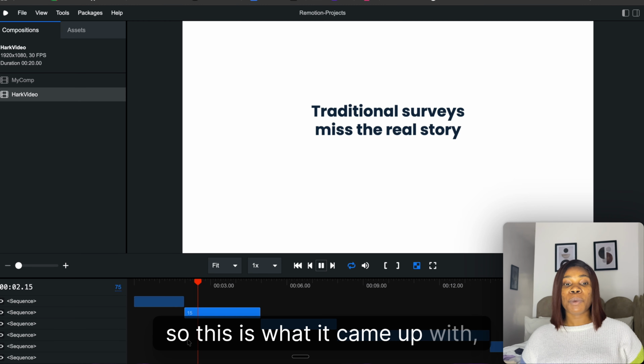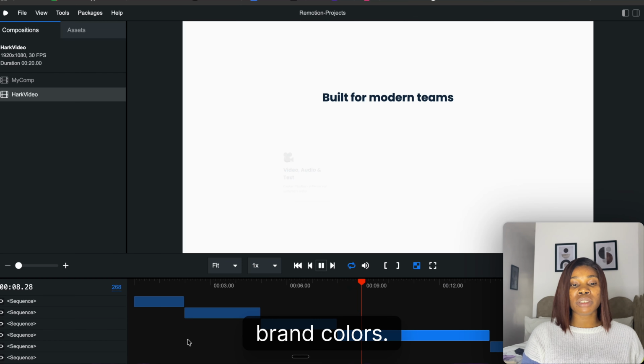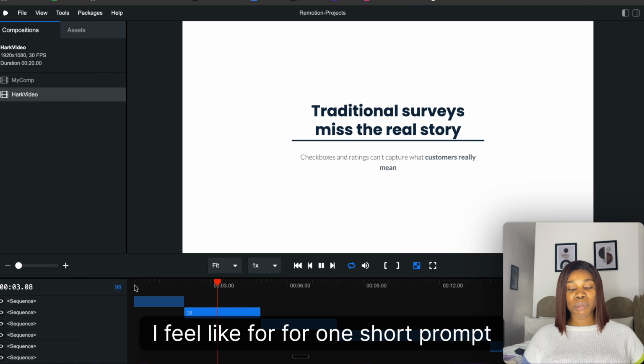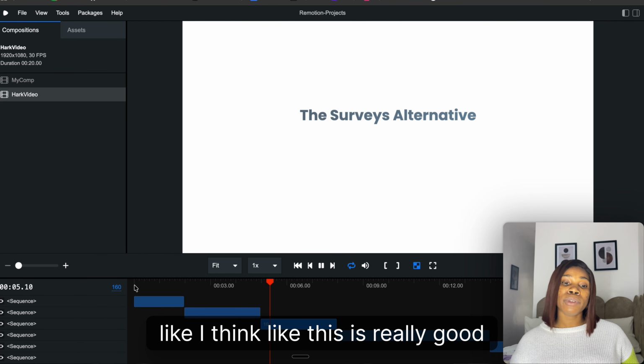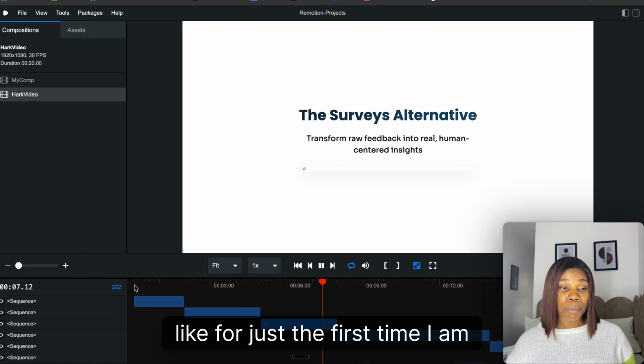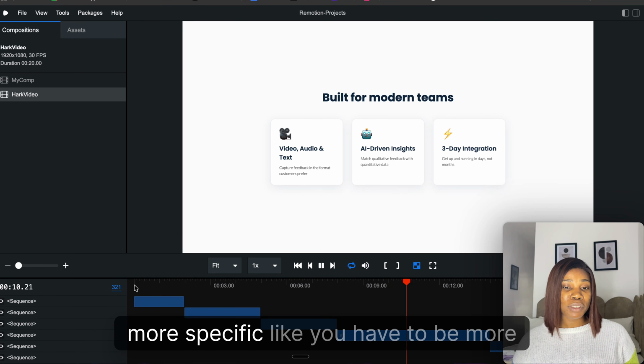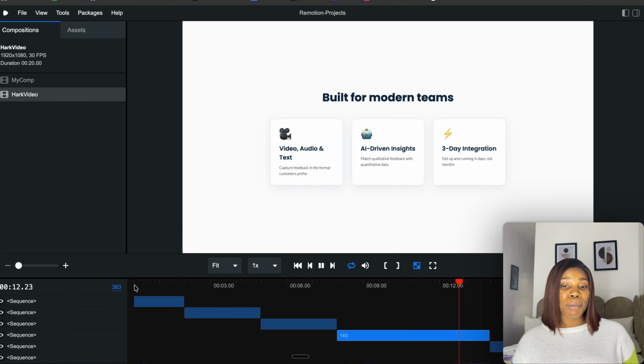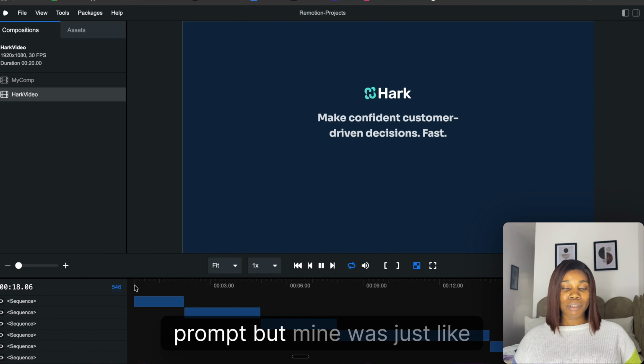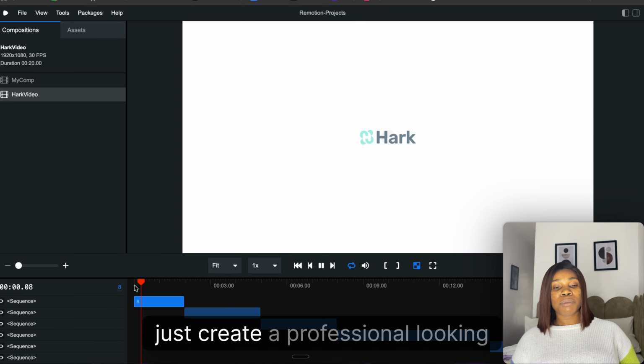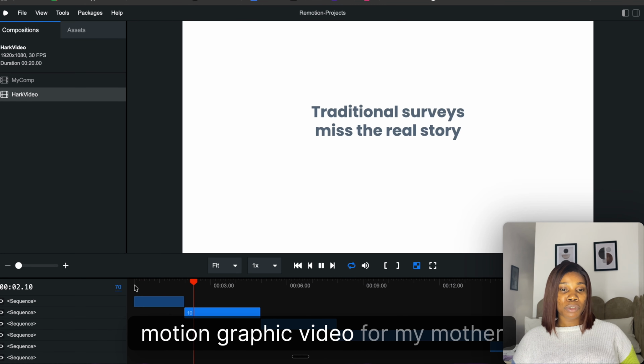Okay, so this is what it came up with, and it's already using the brand colors. I feel like for a one-shot prompt, this is really good, just for the first time I am prompting this. And if you want something more specific, it has to be more detailed in your prompt. But mine was just: create a professional looking motion graphic video for my marketing